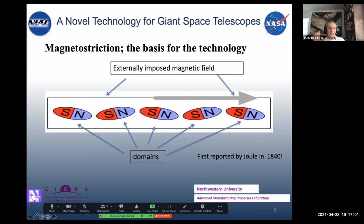Now, it turns out you don't need a thick material. You can get away with 2 to 3 microns film. And I remind you, your hair is somewhere between 50 and 100 microns. So 2 to 3 microns is pretty tiny. And so the idea is, let's take some material, and there's material that was developed by the Naval Ordnance Laboratory